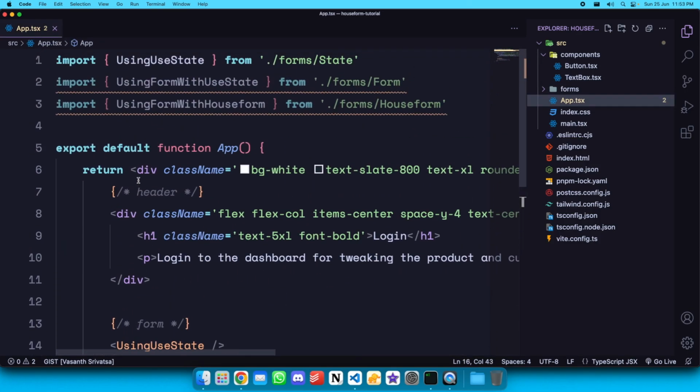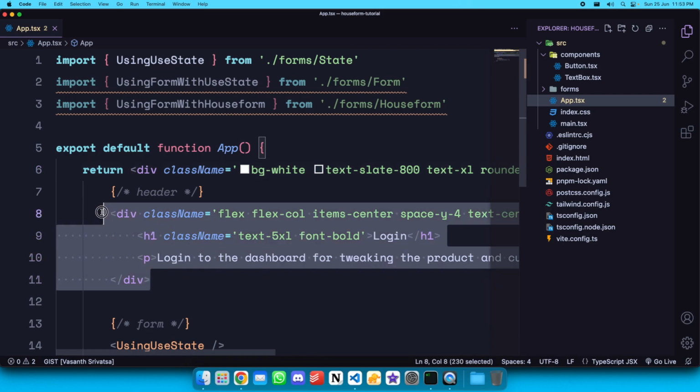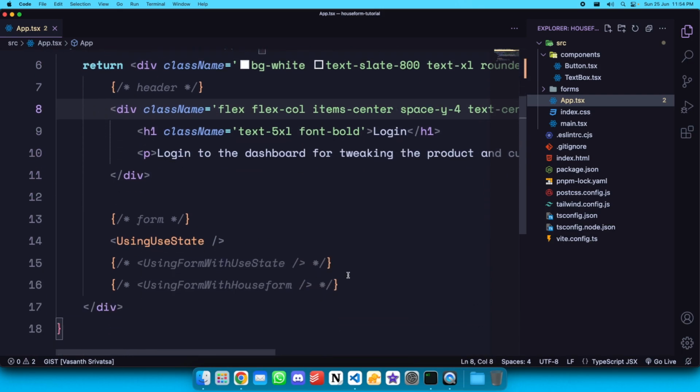And that is pretty much it. Now when it comes to the form, we basically have the form and a header, and we have three different example implementations of the form here. I'll go through each implementation, and finally we'll get to using Houseform. The reason why I want to show you all three examples is because then you would understand why you should be using something like Houseform instead of building forms by yourself, which I was doing for quite some time